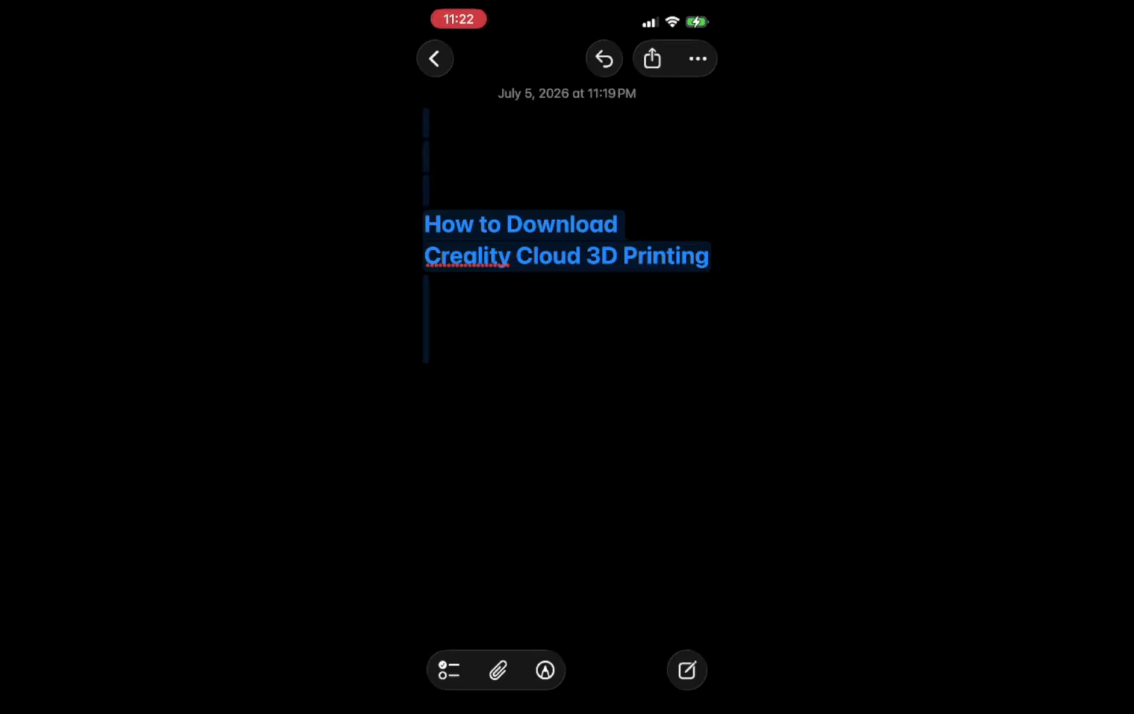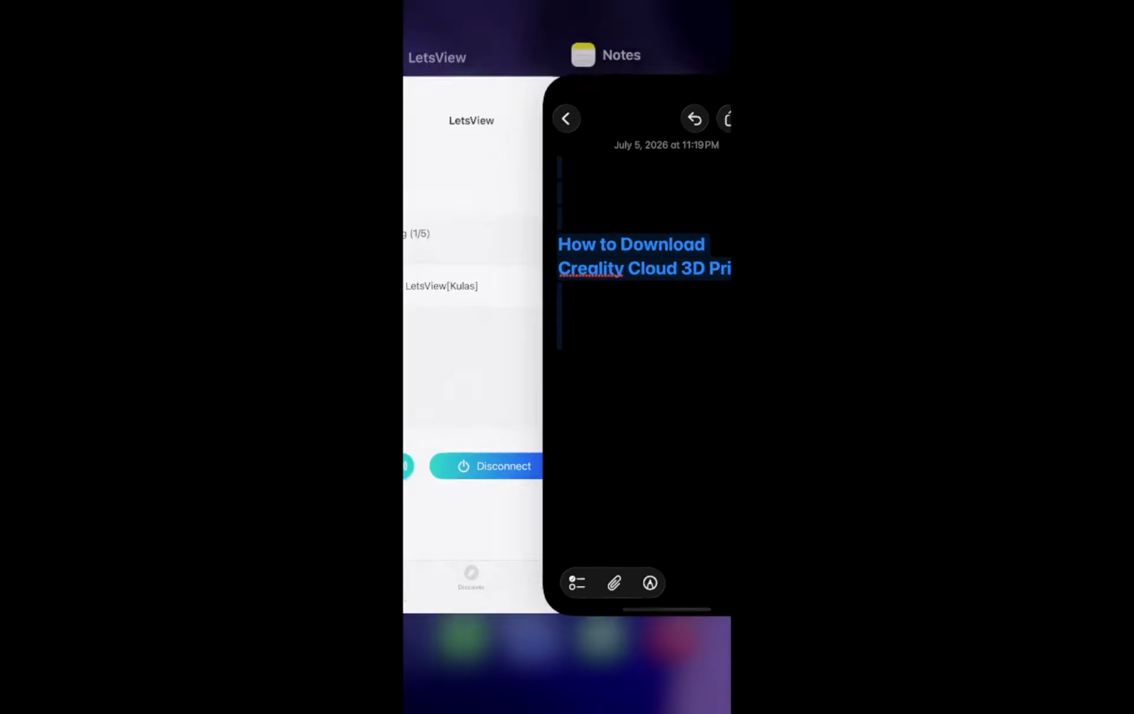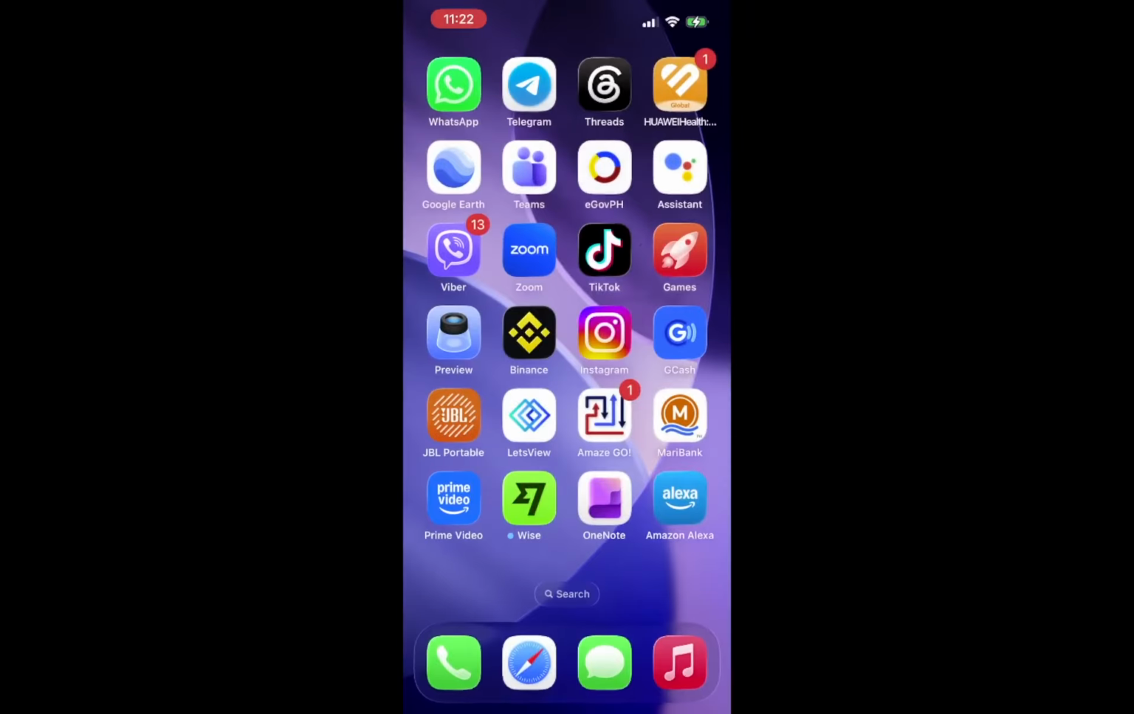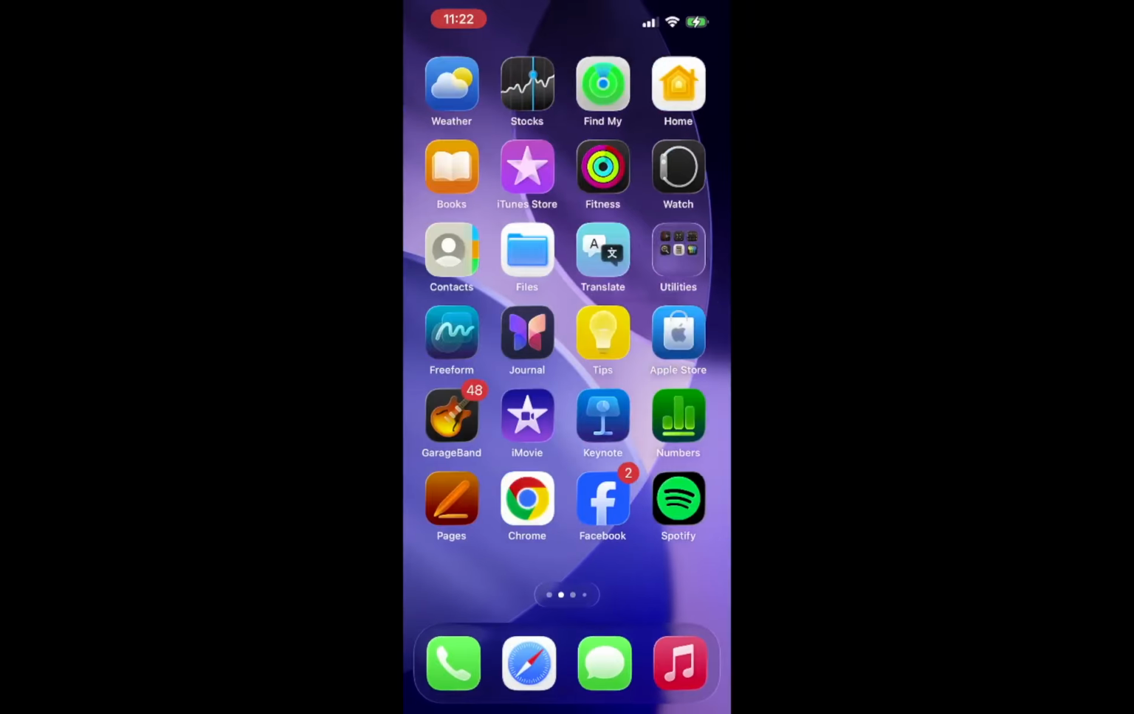In today's video, I'm going to teach you how to download Creality Cloud 3D printing. This is an essential first step for anyone looking to streamline their 3D printing process. Let's get started. First, open the Google Play Store if you're using an Android device or the App Store if